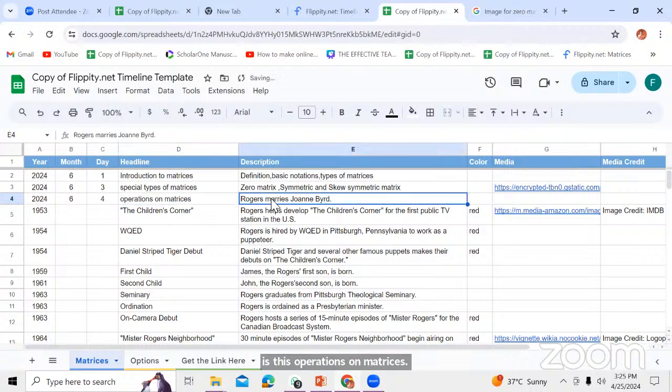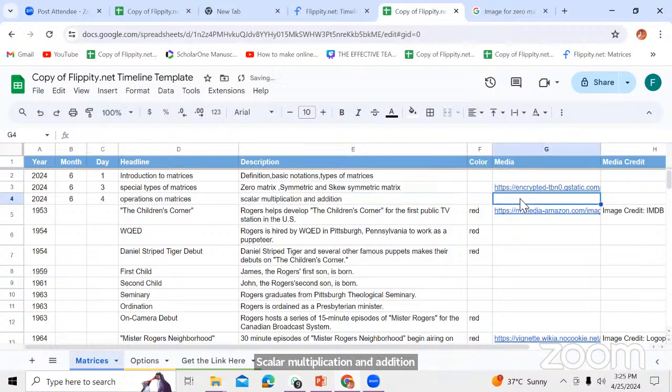And in that, I am going to teach matrix addition and scalar multiplication. Scalar multiplication and addition. Okay. Now, suppose here I want to add a YouTube video related to scalar multiplication and addition. So let us again go to